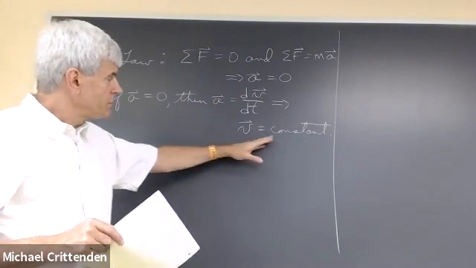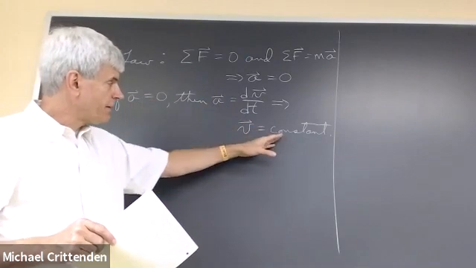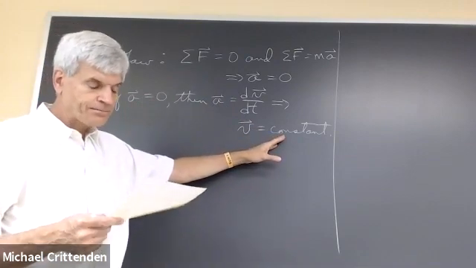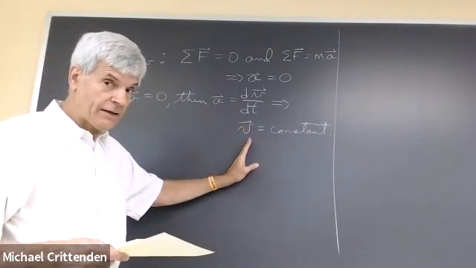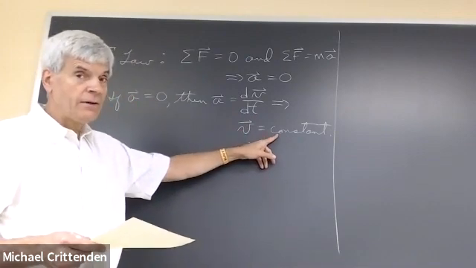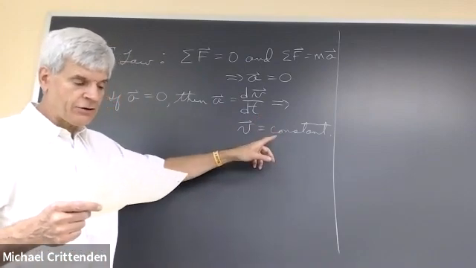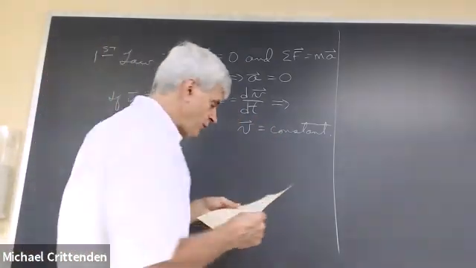Well, the derivative of a constant is 0, so you're talking about a constant velocity. Velocity is a vector. When I'm saying it's a constant, that means a constant speed and a constant direction. So Newton's first law